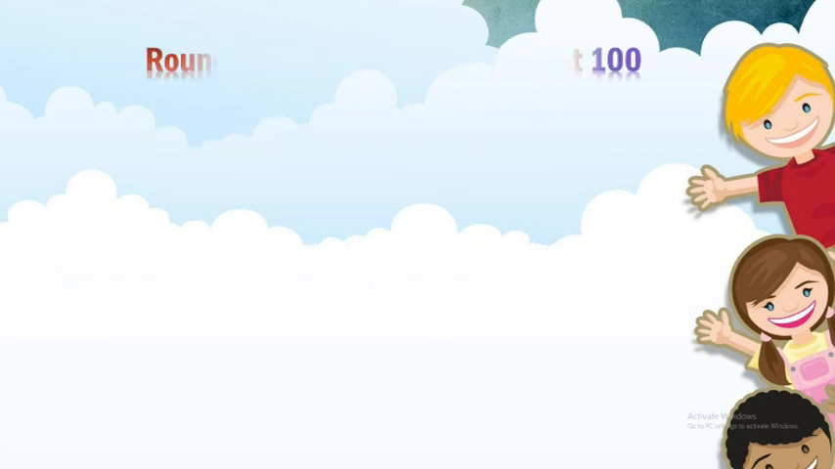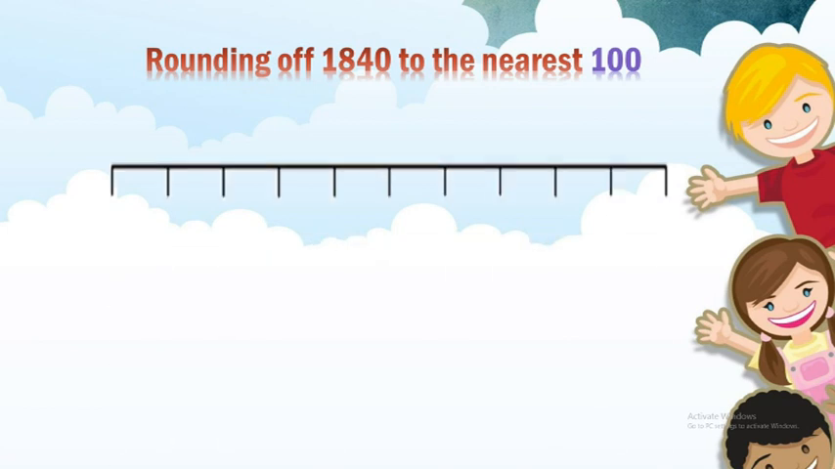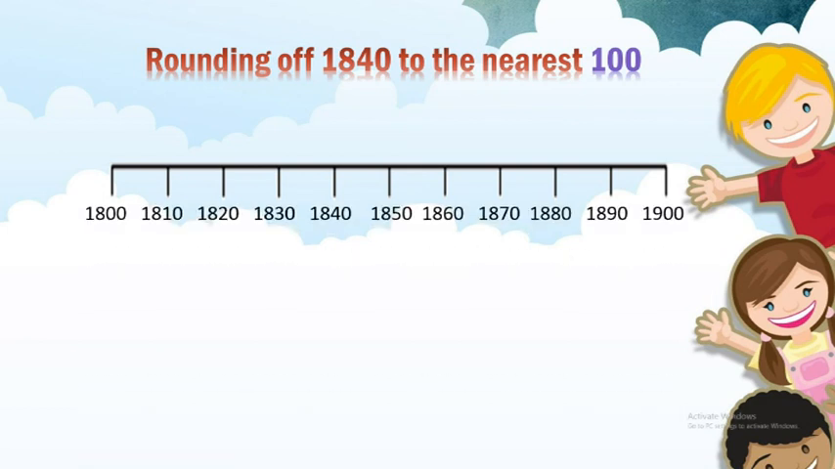Rounding off 1840 to the nearest 100 by using a number line. At first we are going to draw a number line and then write the digits. Now let's write the digits. At first we are going to start